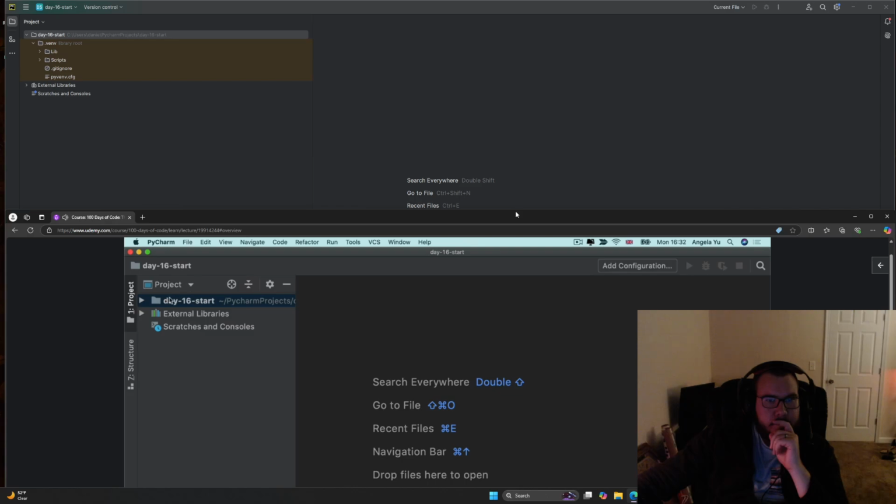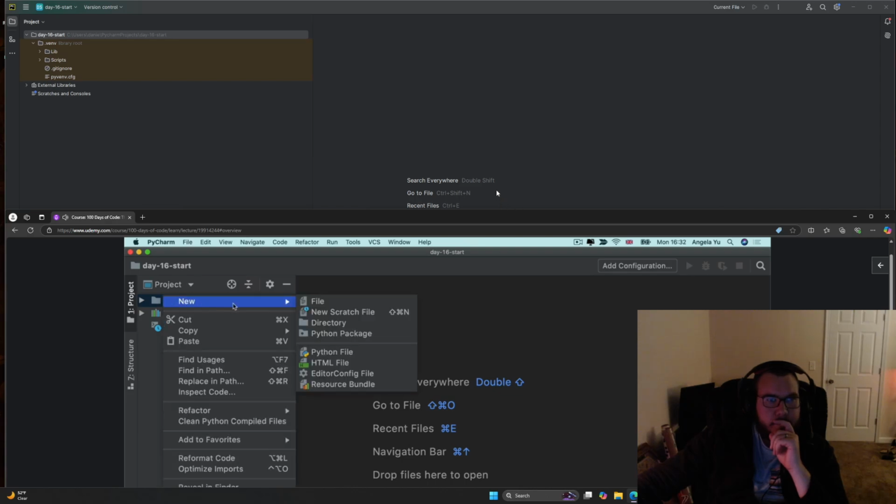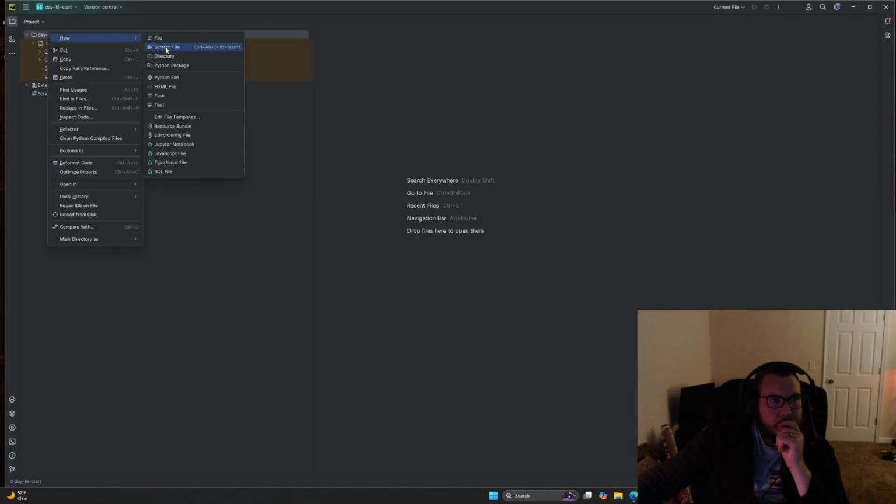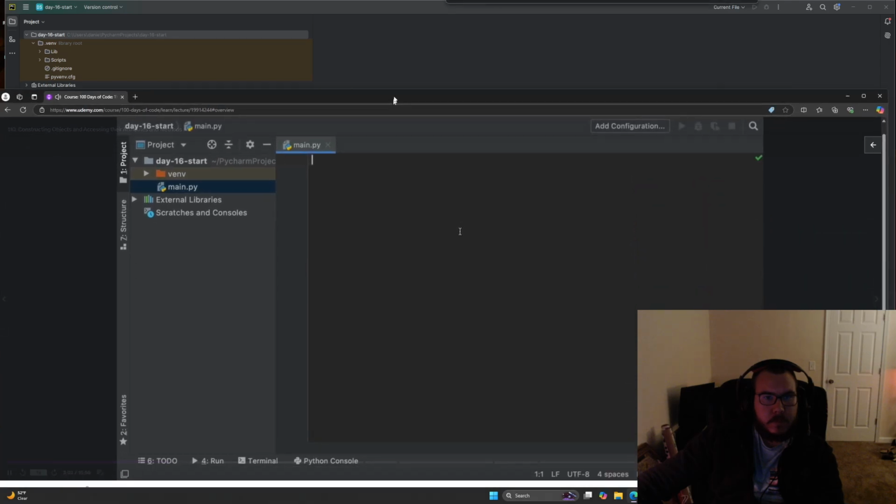Now, once you've created the new project, go ahead and create the main.py as we have always done. In our case, we're going to be creating an object from a blueprint that somebody else has already created. And the blueprint lives